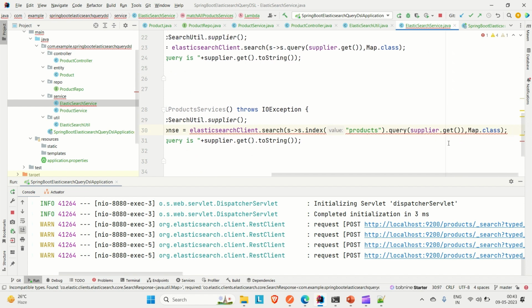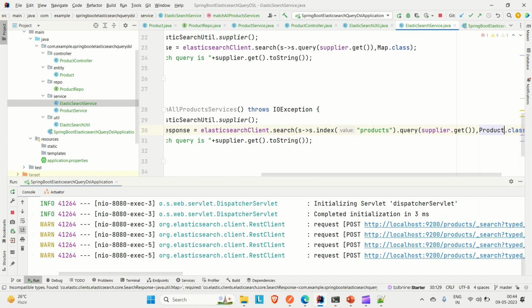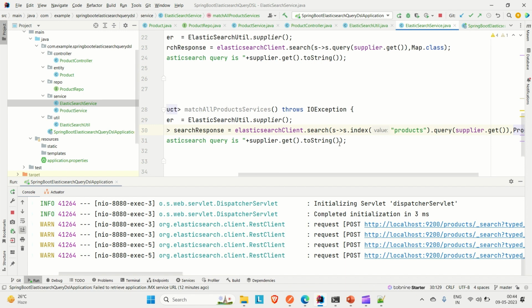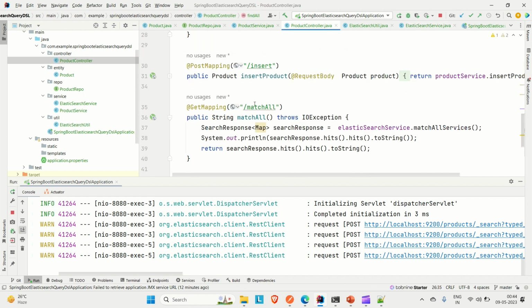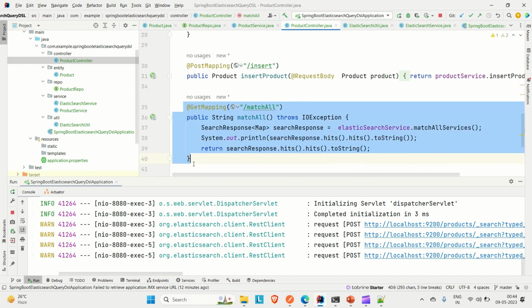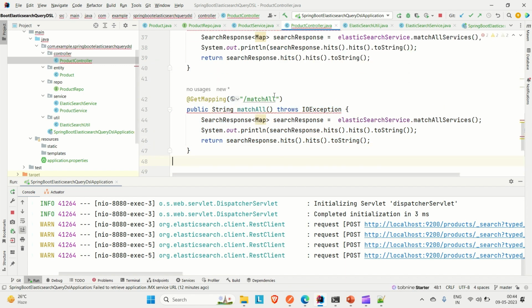Okay, and we need to change the class name, so it would be products, because its return type is not map, it is product. Okay, so we are good now. So this method is working good. Now go to the product controller and try to copy this get mapping, paste down, and let's say this is match all products,